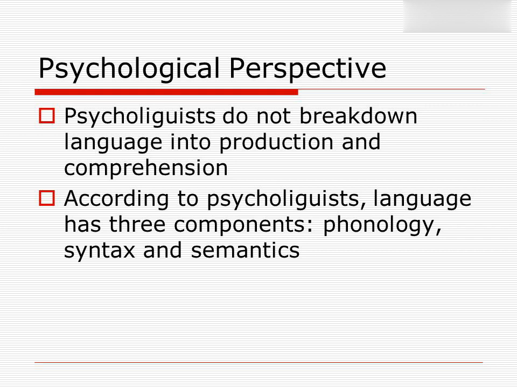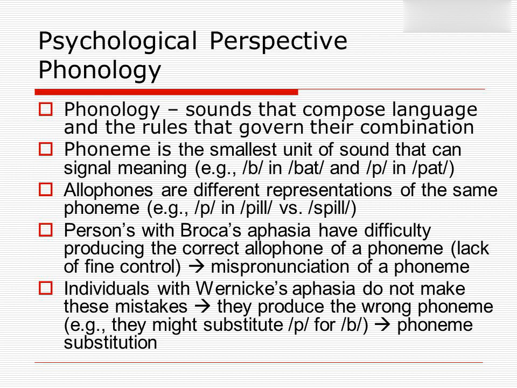Psychological perspective. Psycholinguists do not break down language into production and comprehension. According to psycholinguists, language has 3 components: phonology, syntax and semantics. Phonology: the sounds that compose language and the rules that govern their combination. A phoneme is the smallest unit of sound that can signal meaning, for example /b/ in /bat/ and /p/ in /pat/. Allophones are different representations of the same phoneme, for example